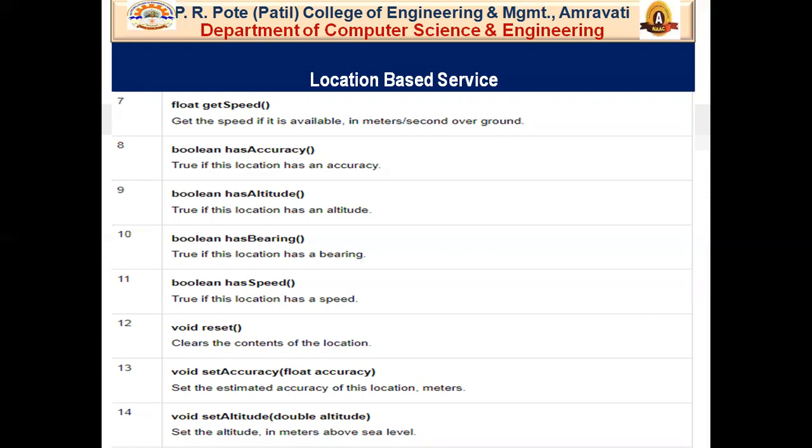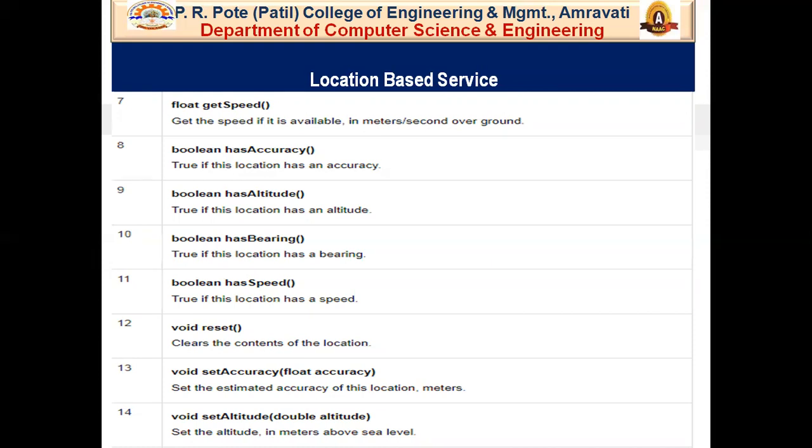After that, the Boolean hasAccuracy method. It is true if this location has an accuracy. Then Boolean hasAltitude. If the location has an altitude, then again the Boolean value is true. So Boolean has only two values, true and false.